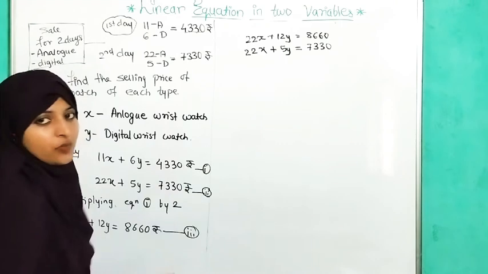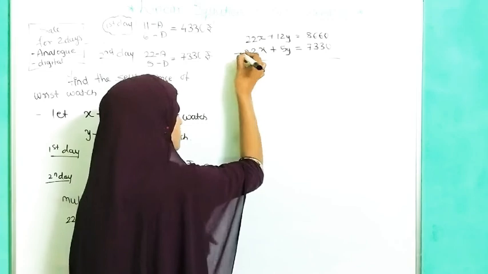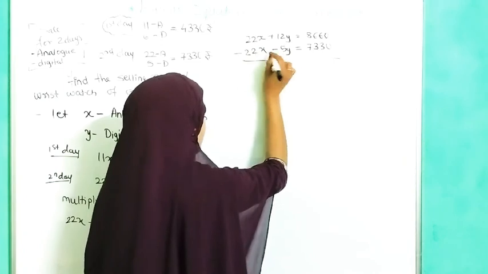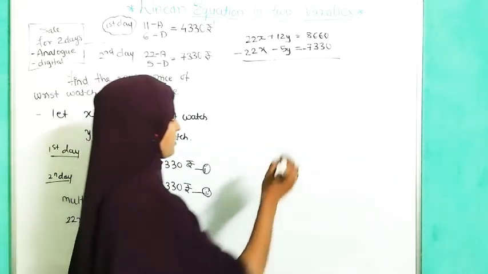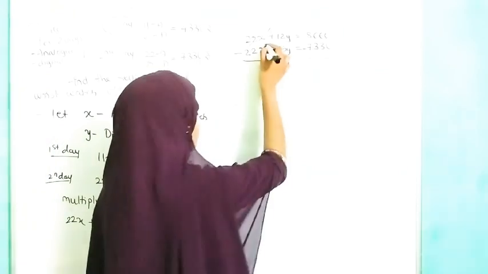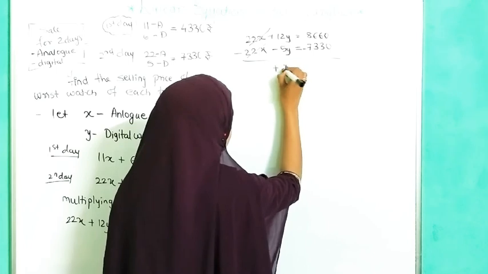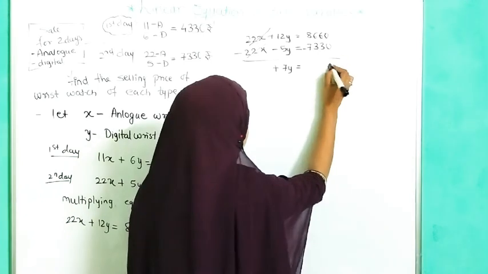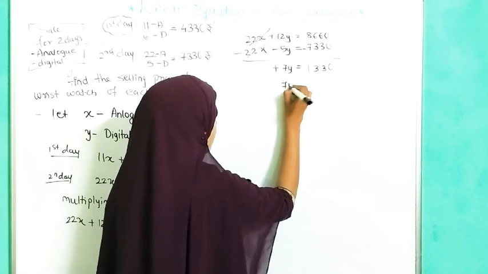Now we have written equation number 3 and equation number 2 over here. Now we are going to subtract it. If we subtract, then the sign is going to change: minus 22x minus 5y minus 7,330. Now plus 22x and minus 22x get cancelled. 12 minus 5 is 7y, is equal to, if you subtract, 8,660 minus 7,330, we get 7y is equal to